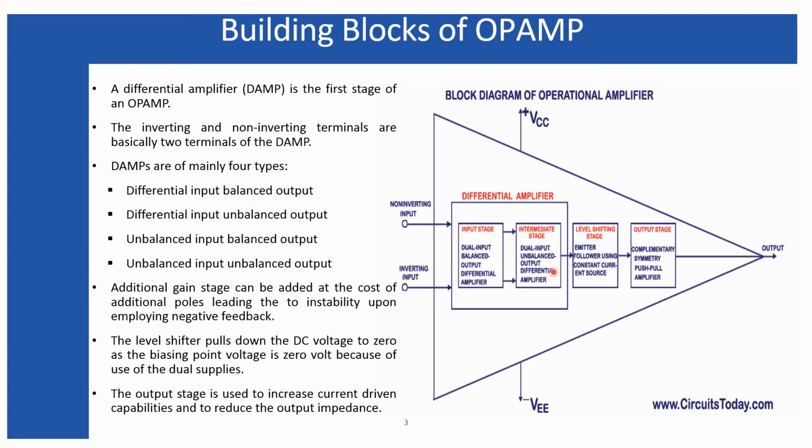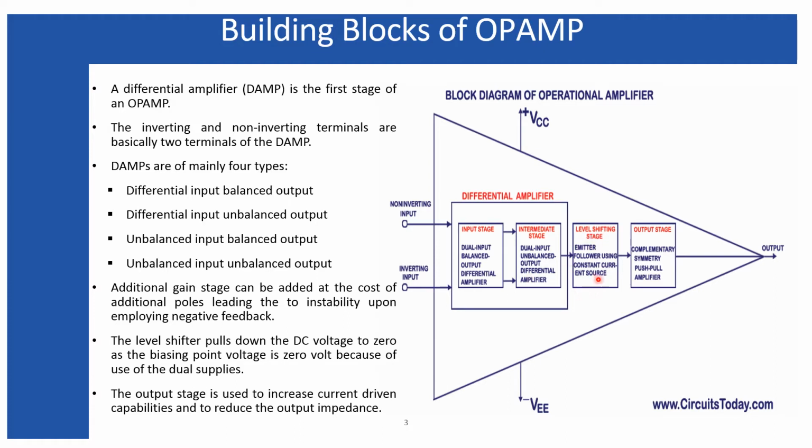But when you are incorporating another gain stage, either by incorporating another differential amplifier or by incorporating another class A type amplifier, you are basically introducing another extra pole. So you have to be very careful when you are incorporating another extra gain stage, because as we have learned from my previous lecture, due to the presence of a higher order pole, there will be a possibility of being unstable when you are employing some negative feedback, and basically op amps are used to employ some negative feedback.